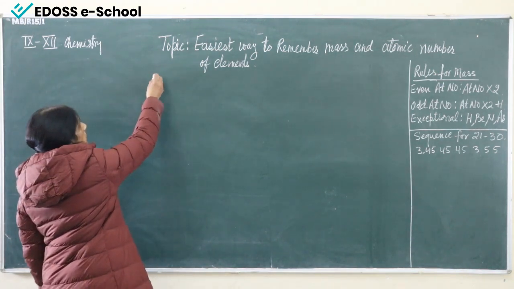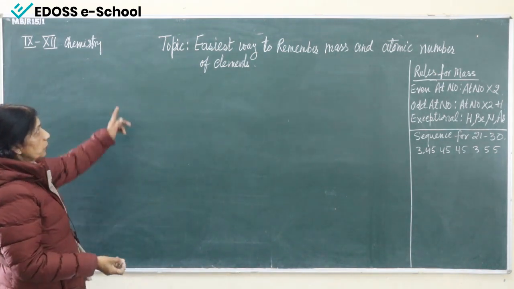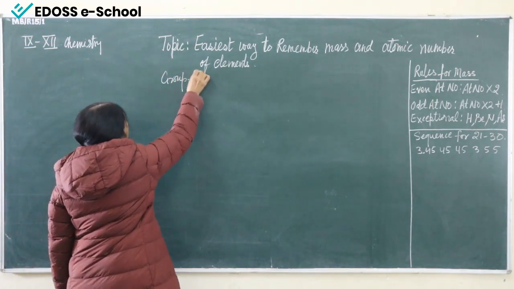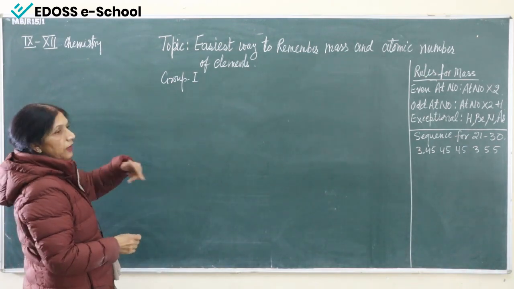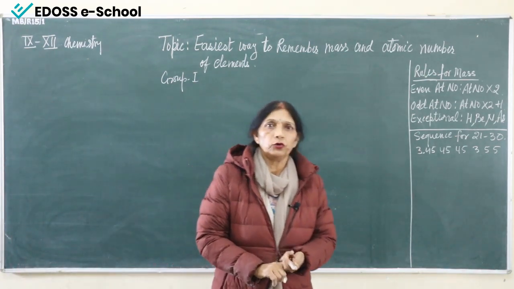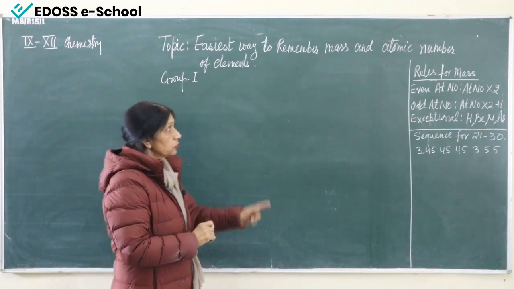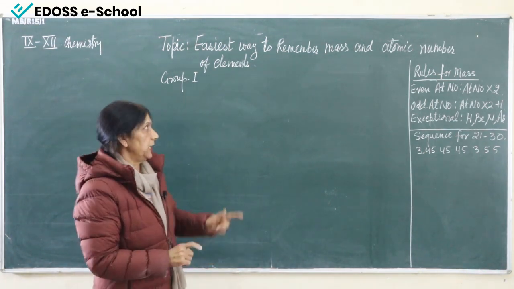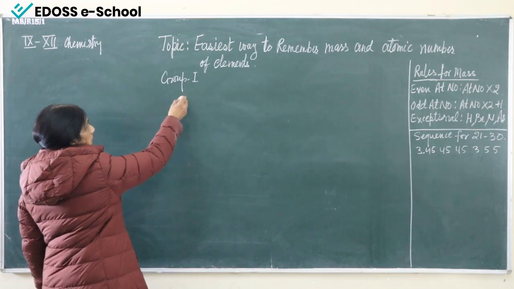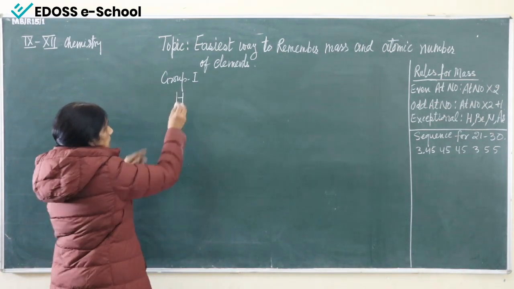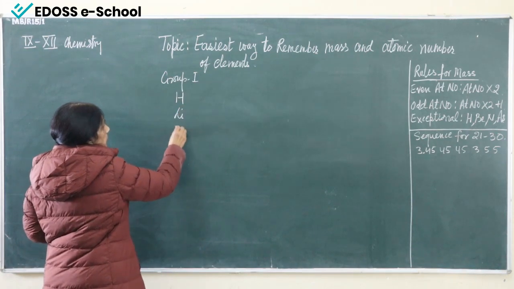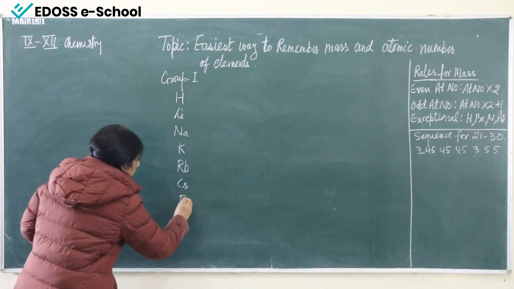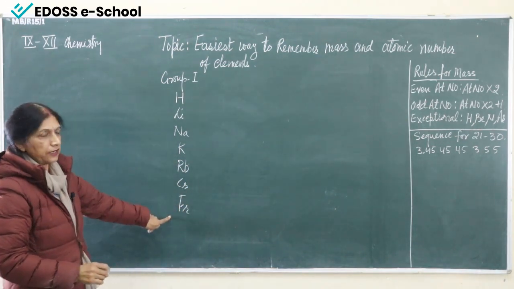So from group, if you are starting from group 1, so this is group 1. For group 1, in my previous video, I have already told you how you can learn the names of the elements. In the same sequence, I'll speak the sentence and then I will write the names of the elements. So for group 1, I have made one sentence: He, li, ना की रब से फरियाद. So you can see easily we are writing it here.